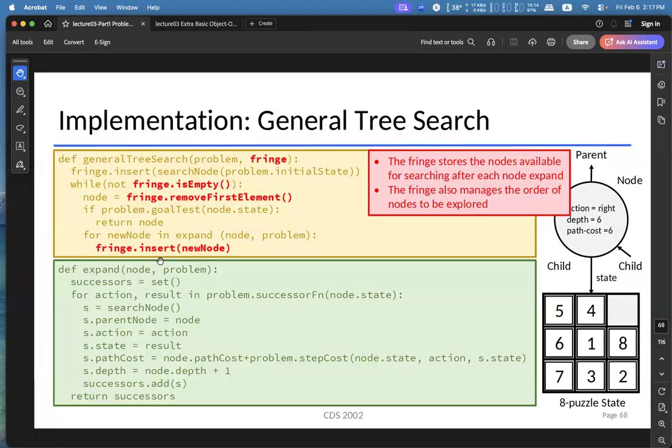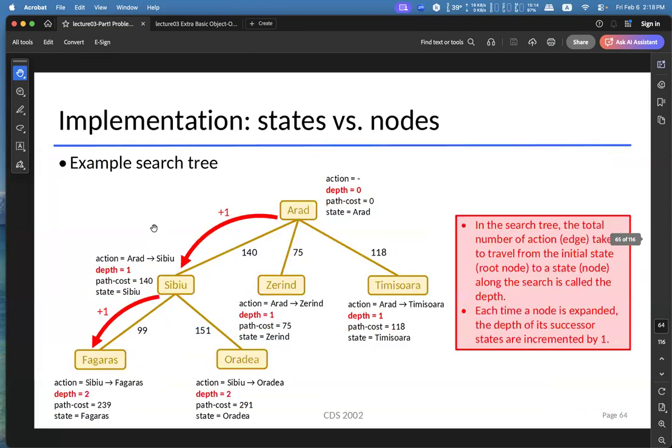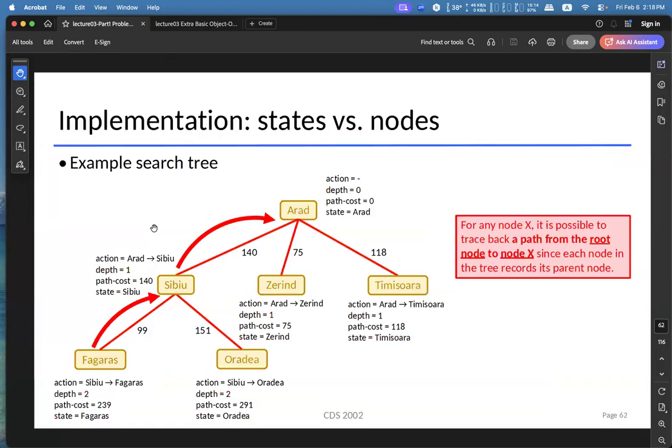If you are able to reach the goal state, then you have the node that represents the goal state. At this stage, you can use the traceback to generate a path that travels from the initial state to the goal state. And that will be the end of the general tree search algorithm.